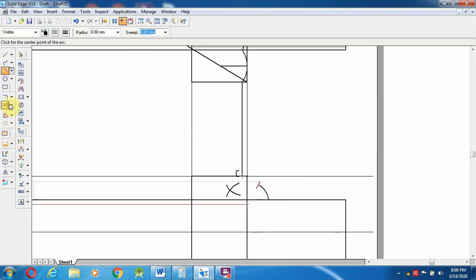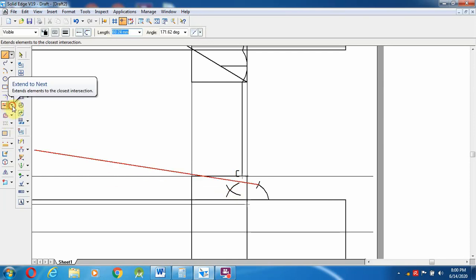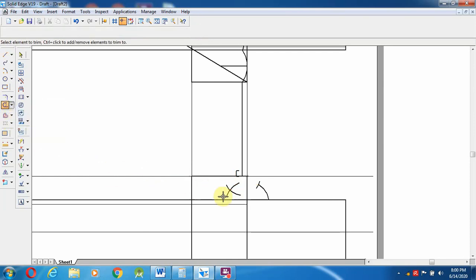Okay, then go to here, extend to next. This has to be extended towards over. Now going to join a line. So from the end of this arc to exactly, it has to be passing over here. Otherwise trim it at one end.